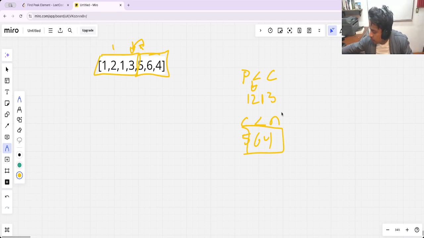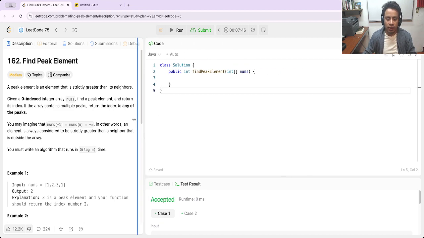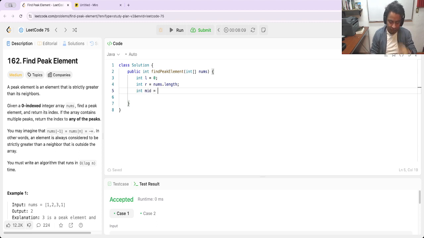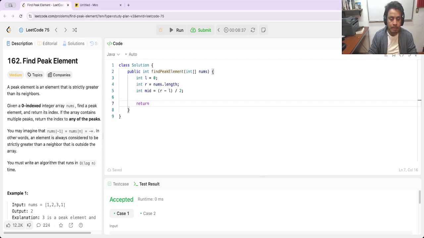Let me try to do it here. Now we should use the index. Integer L is equal to 0. Integer right is equal to nums.length. Integer width is equal to R less L between 2. And here is basically a while. No, it's not a while. Here, return find peak element,